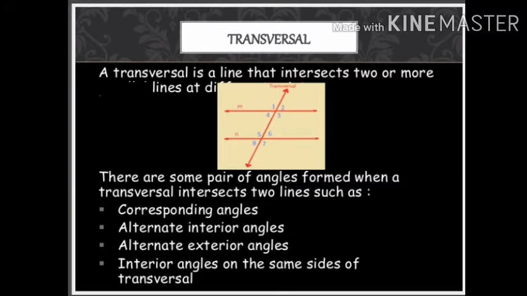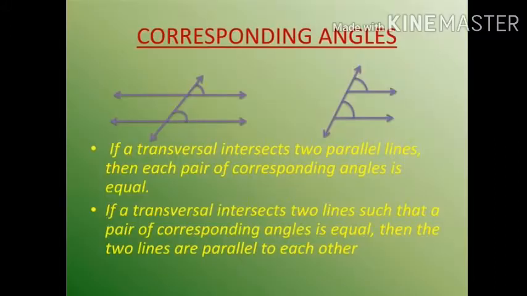There are some pairs of angles formed when a transversal intersects two lines, such as corresponding angles, alternate interior angles, alternate exterior angles, and interior angles on the same side of the transversal. Next one, corresponding angles. In the given figure, the pairs of angles shown are called corresponding angles. If a transversal intersects two parallel lines, then each pair of corresponding angles is equal. If a transversal intersects two lines such that a pair of corresponding angles is equal, then the two lines are